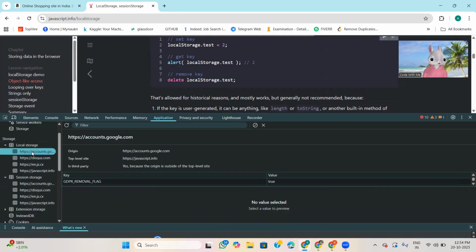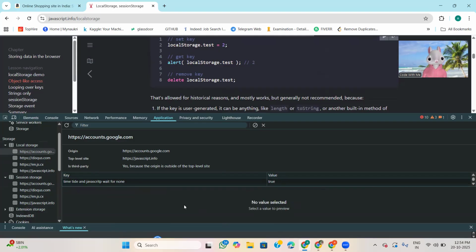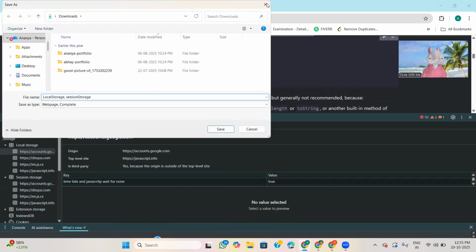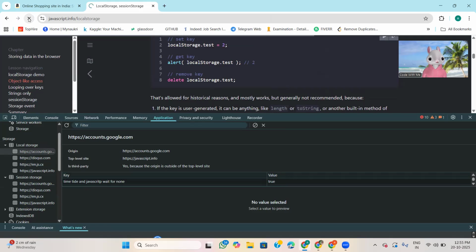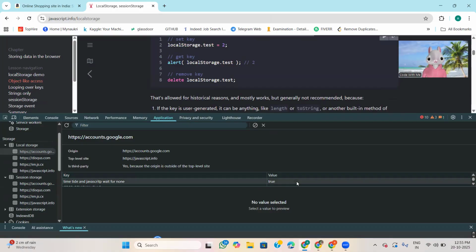And in local storage also I will give here: edit, time, type, and JavaScript, wait for none. Here also it is true. Okay, now if I refresh, see, in local storage it is present.